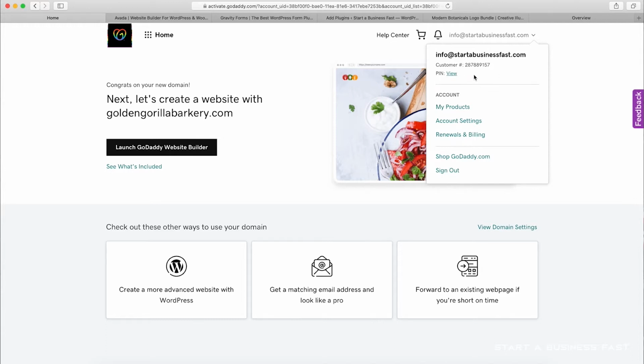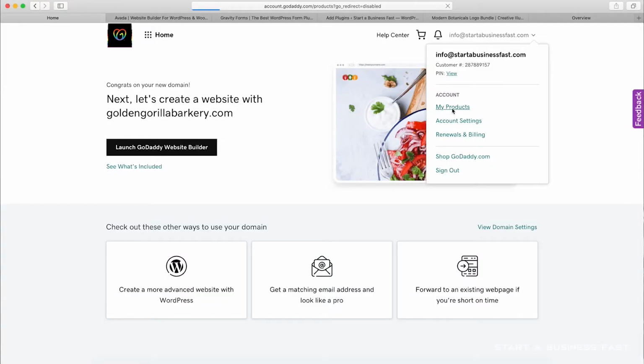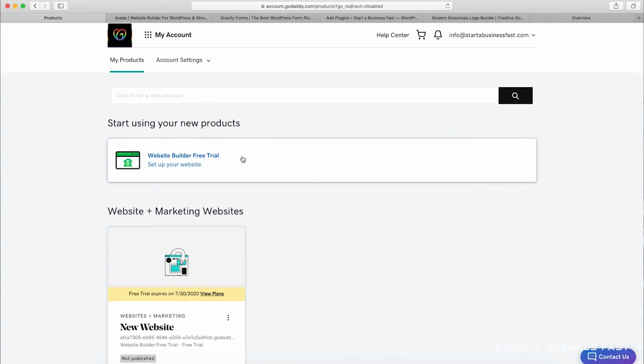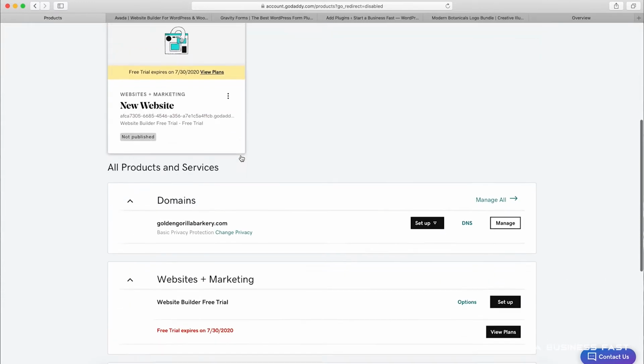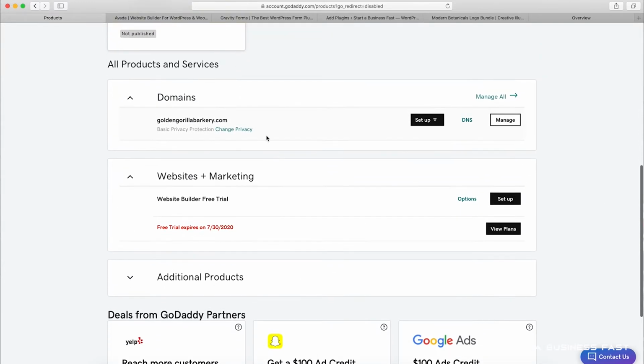If you ever do need support with GoDaddy, they're excellent. I love calling them. They'll help you with stuff. They can even help you with this DNS settings. If you're like, hey, I took this tutorial, I don't feel like going back in there, they can help you with your DNS settings. They usually do want to know your customer number and your PIN number, which is going to be right there. So I go here to My Products and scroll down here to my domain name, and